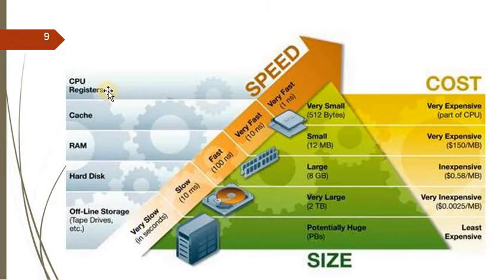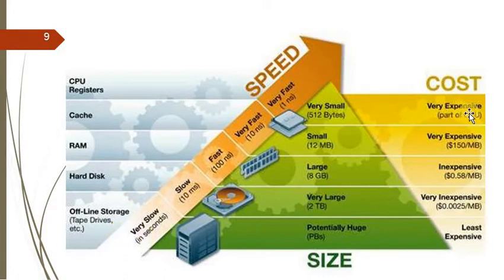Now we will see the CPU register: very fast. Next, cache memory, very fast. Access times are 1 nanosecond, then 10 nanoseconds, then 100 nanoseconds, then 10 milliseconds, then very slow, in seconds. So CPU registers are very fast compared to cache, cache is very fast compared to RAM, and RAM is fast compared to hard disk. So this is the hierarchy they have given.